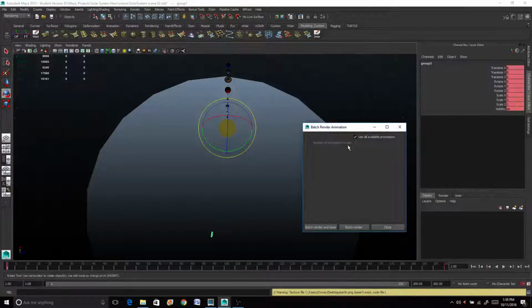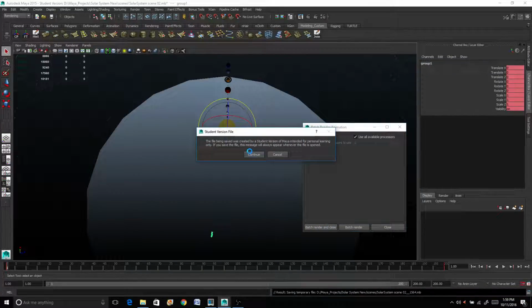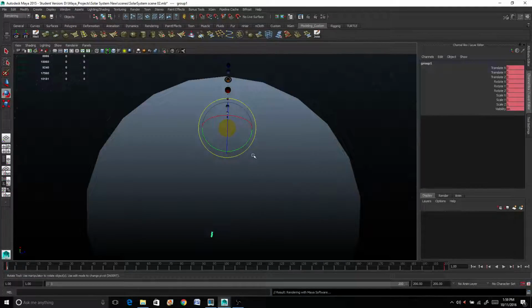So if I click on this guy, it says use all available processors, which means that as soon as I click OK, all my cores are going to start to render, which is typically what you want unless you're doing something else. So I'll say yes, go ahead and batch render and close, and from here Maya will take over. So batch render and close. It'll ask me if I want to save. Yes, I want to save. Continue, and you'll see down here in the bottom right that Maya is getting its software ready to render,